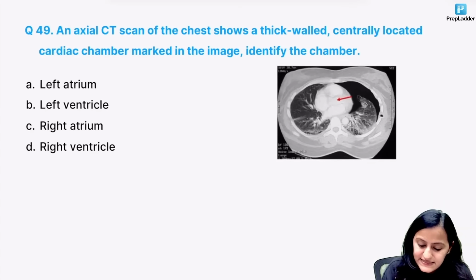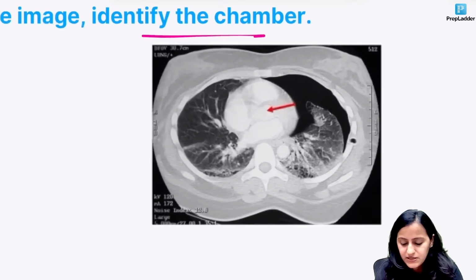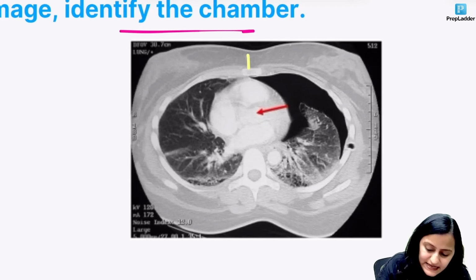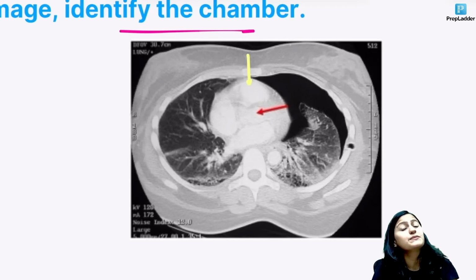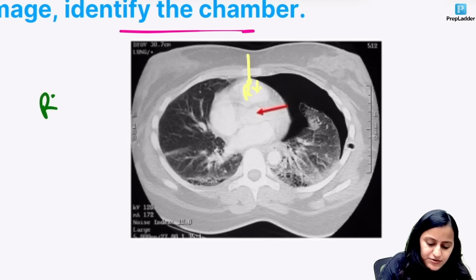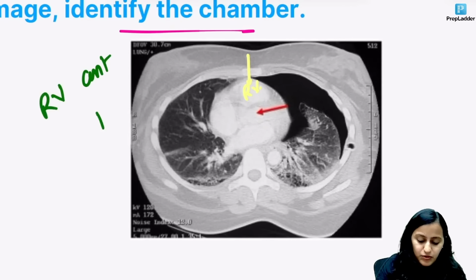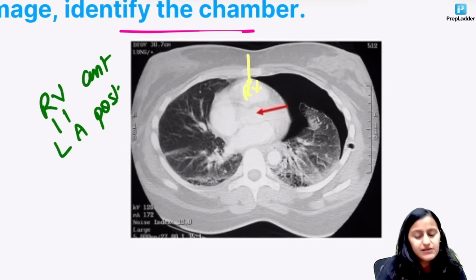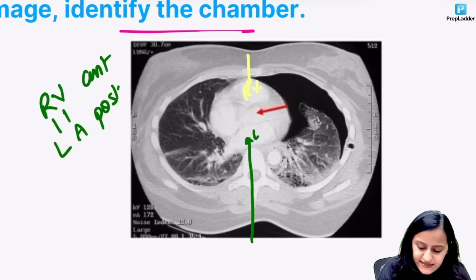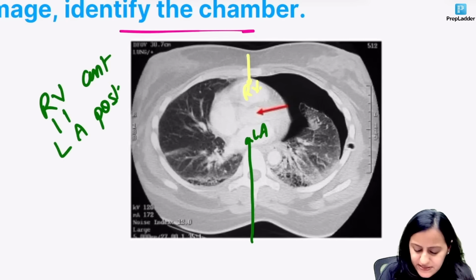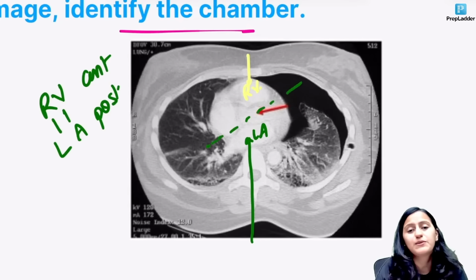Next one, axial CT is there. Identify the chamber. So identifying the heart's chambers is very important. The anterior most, just behind the sternum, is what chamber? Right ventricle. Right ventricle, anterior most. Posterior most, opposite of right ventricle, right's opposite is left, ventricle's opposite is atrium. So posterior most, when you are coming from behind, that is the left atrium. Okay. So this is the left atrium, this is right ventricle, the midline of the heart will come here.